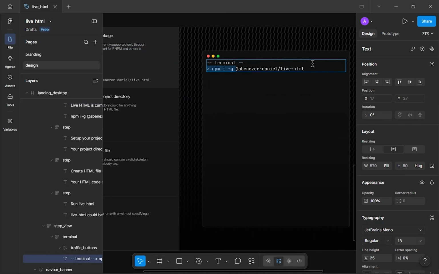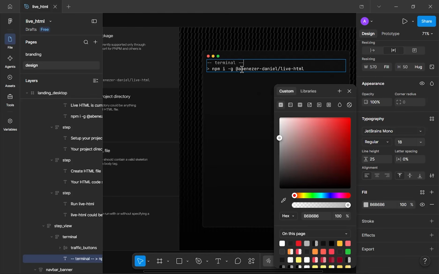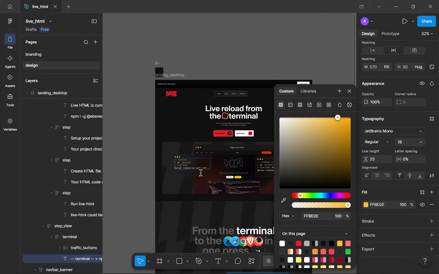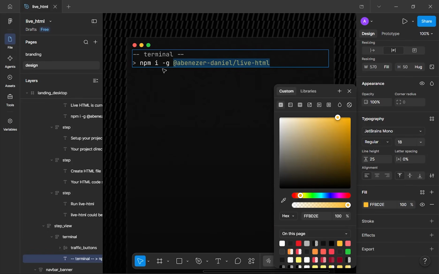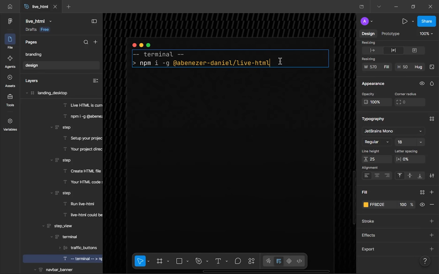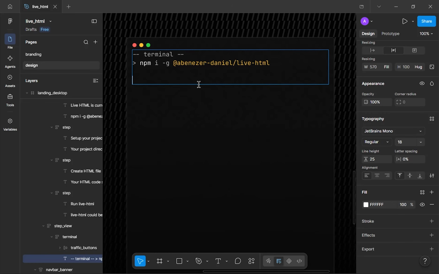Next up, I want to go in here and change this. Since it's the package name and it should be emphasized, I want to change it to this color that we have been using here as well for terminal accents. Then I want to take these two and give them low visual hierarchy. Next up, again, using the high visual hierarchy, I want to change